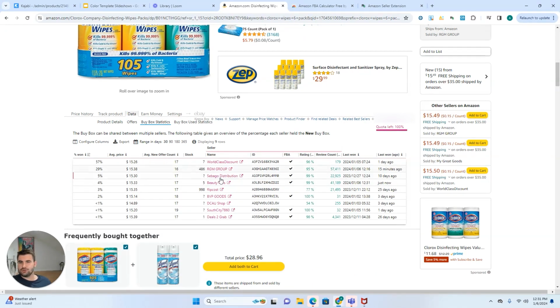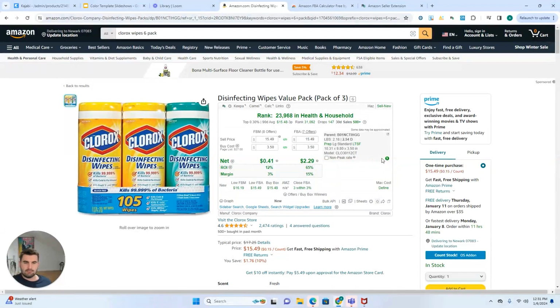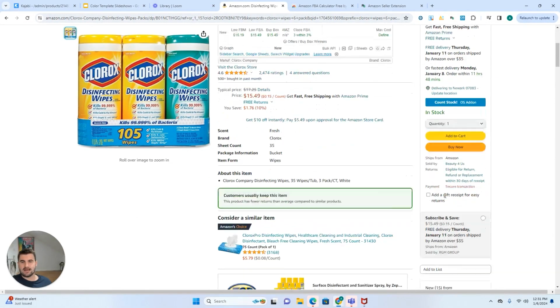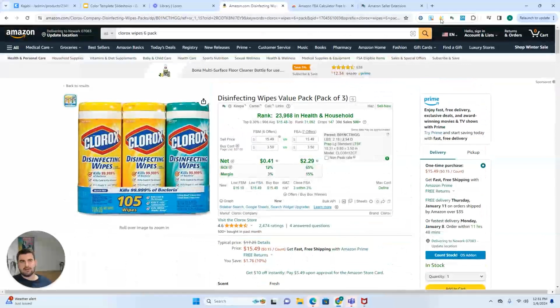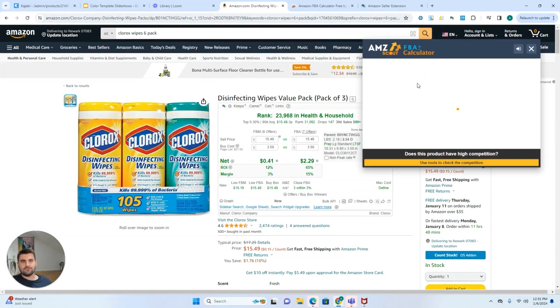Buy box statistics. Who's getting the most buy box? We see World Class Discounts getting 50% of the buy box. RGM group 29%. Again, stuff we're going to get into in a future video. We're really just focusing on plugins here. So it's RevSeller, the out-of-stock add-in for count stock, Keepa, and I do like this one because the Amazon free calculator